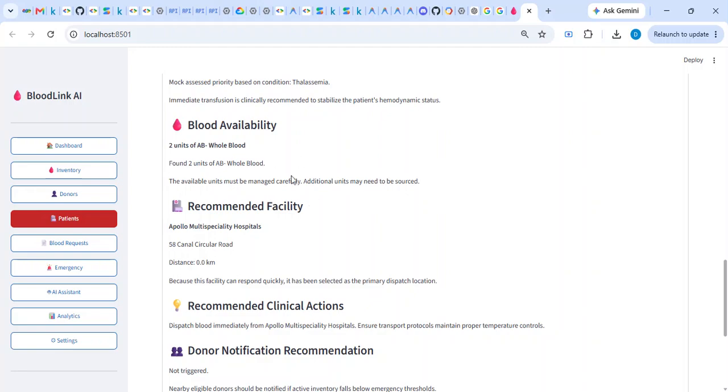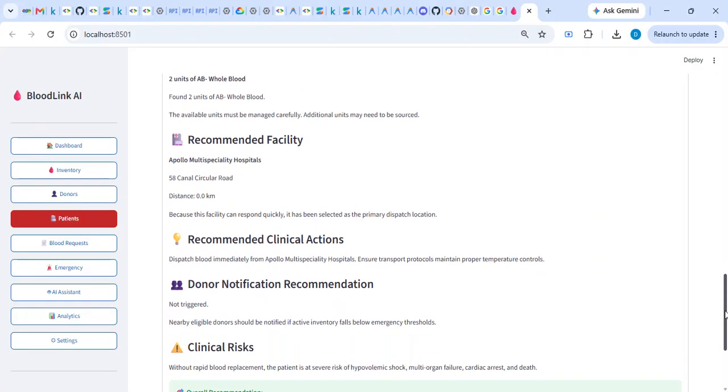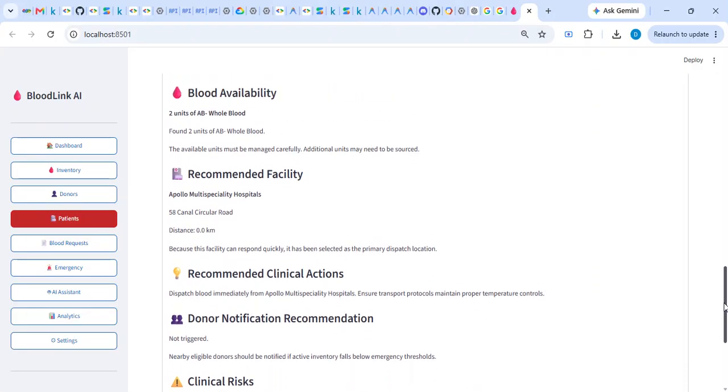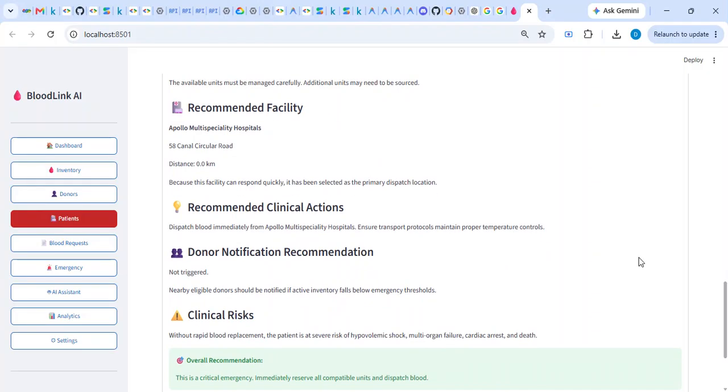What it is also suggesting is that additional units need to be sourced, because the AI knows that this is a thalassemia patient who needs blood every now and then. So that is why it is suggesting the recommended facility, because this facility can respond quickly. It has been selected as a primary dispatch location.